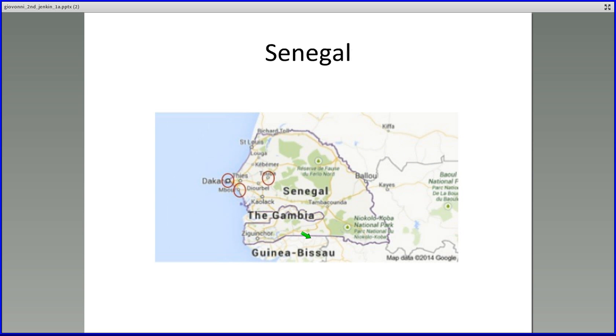So Senegal in particular, again, is a coastal country, and there are three places that I want to point out for you. The first is Dakar, which is the capital of the country, and it's also where we have particulate matter measurement. The second is Mbour, which is about 75 kilometers to the southeast of Dakar, and there is an Aeronet site there. The third place is Touba, which is a religious center in Senegal, and each year there are large ceremonies and large groups of people that go there for the ceremony.